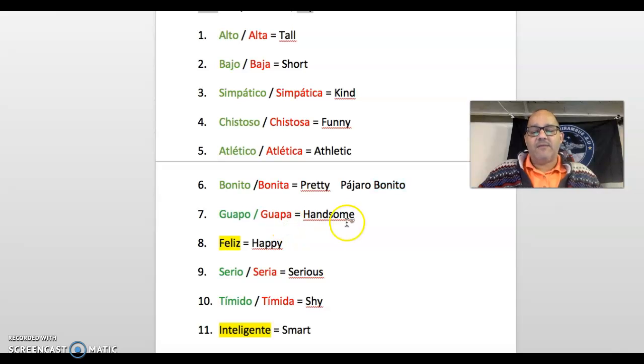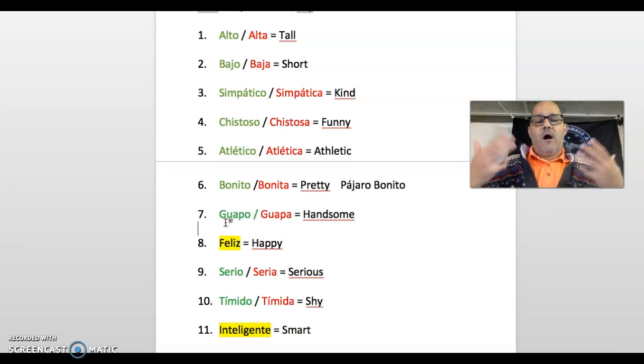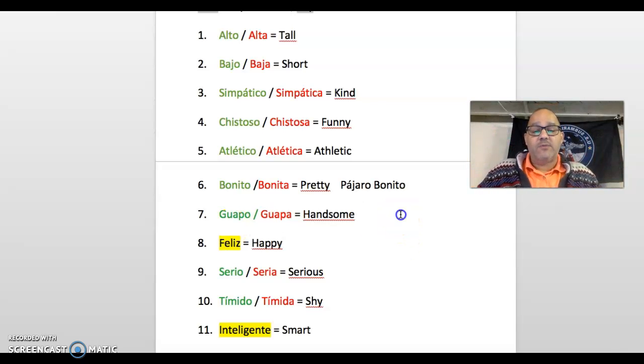Guapo, guapa, handsome. Feliz, happy. Serio, seria, serious. Tímido, tímida, shy. Inteligente, smart. Here you also see guapo. We usually use guapo for handsome, and we use that description for people. But we can also, in Spanish, we can say